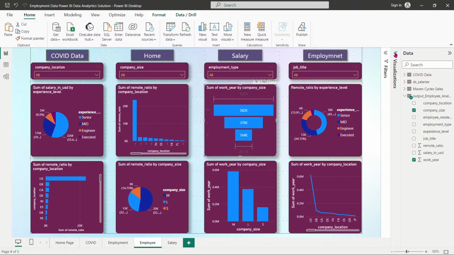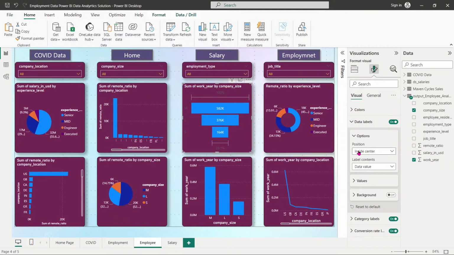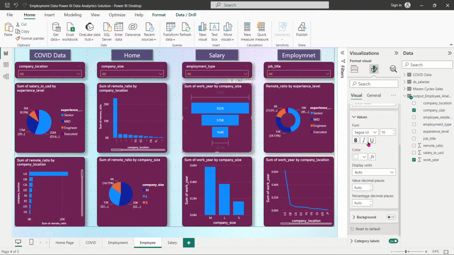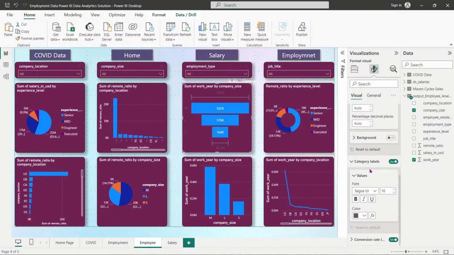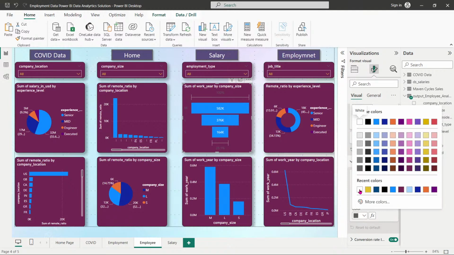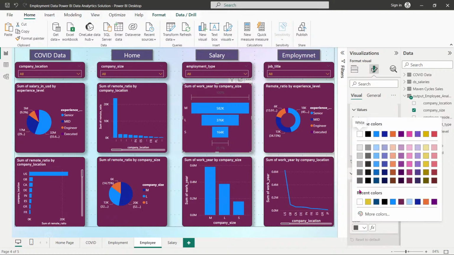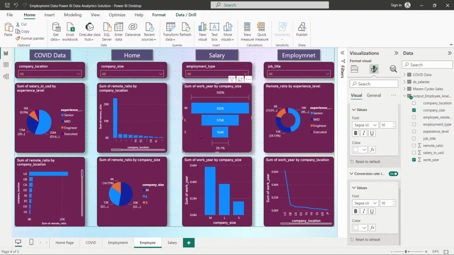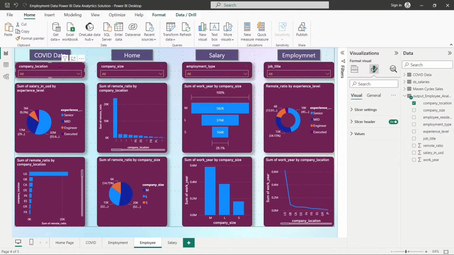No, it's not happening. So I'm going to click on visualization, data labels, right? So we have values. All these values are category labels, right? The color is something, so I'm going to make it white. Now the conversion rate, I'm going to convert to white again. Can you see? Now everything is in the white format, right? Now can I keep it something? I want to keep something